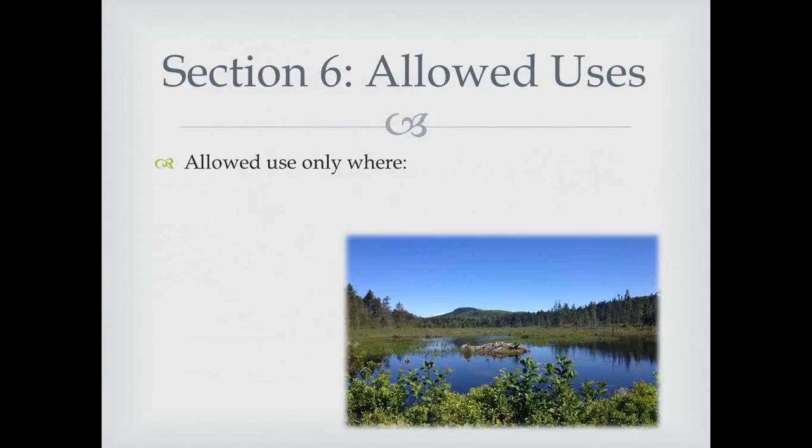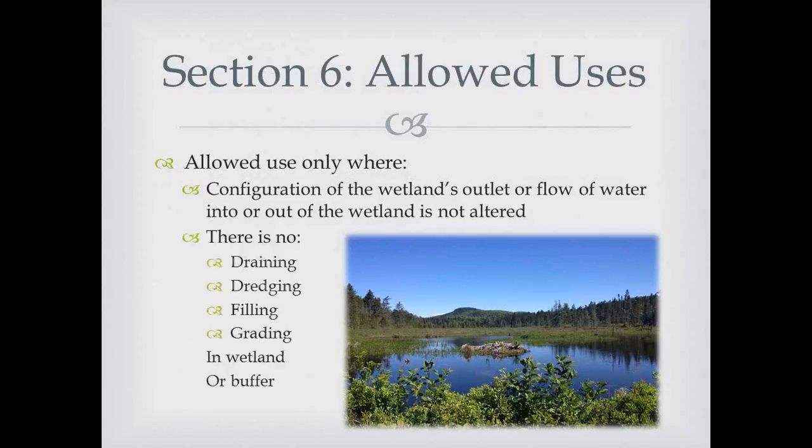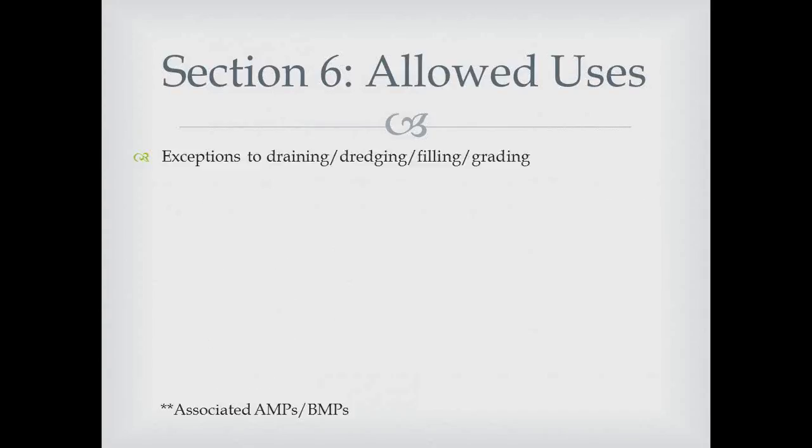Allowed uses are only considered where the configuration of the wetland's outlet or flow of water into or out of the wetland is not altered, and there is no draining, dredging, filling, or grading in the wetland or buffer zone. That applies in general, and then there are some specific call-outs where there can be exceptions to that draining, dredging, filling, grading rule for some specific silvicultural activities,